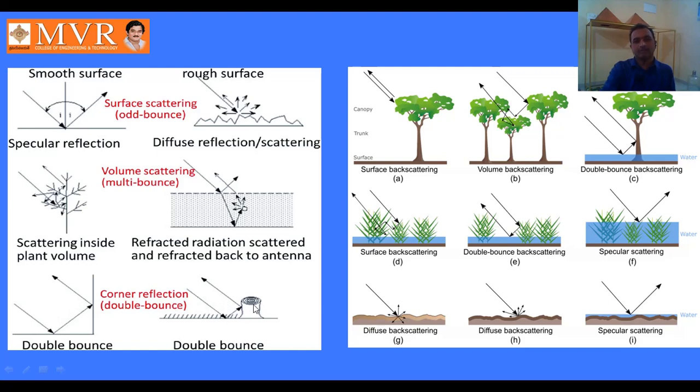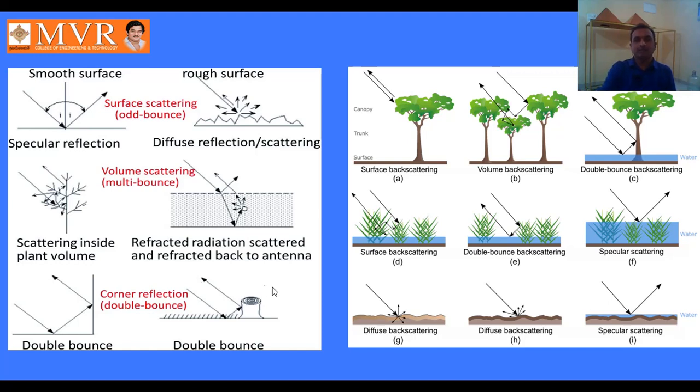Here also, this is the tree trunk and this is the soil. When the light ray is incident on the soil and reflected towards the tree trunk and rebounds from the tree trunk, that is called double bounce scattering. These reflections are very important for analysis of satellite data. Based on the reflections, we can easily interpret the features on the earth's surface in the satellite image.